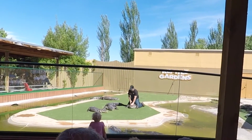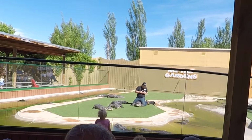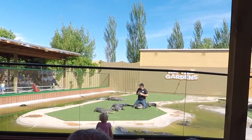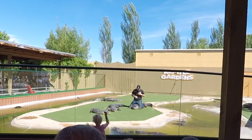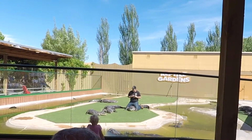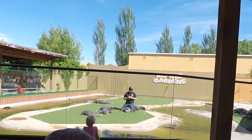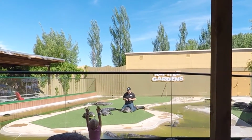So I covered up his eyes here. Now when we do this, it's actually going to relax the animal. And we're not entirely sure why it works. There are several theories though. My personal favorite theory is that when you cover up their eyes, they can't see anything. They think they're dead. Now I don't absolutely believe this, but we do need to remember that his brain is